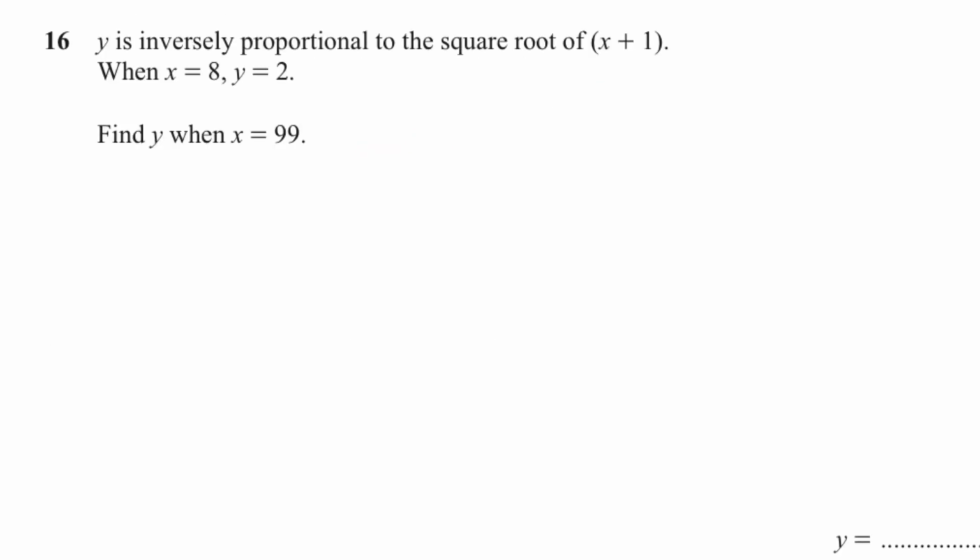Question number 16. Y is inversely proportional to the square root of x plus 1. When x is 8, y is 2. Find y when x is 99. So it's inversely proportional, therefore we will write it. Y is inversely proportional to x over square root of x plus 1. Then